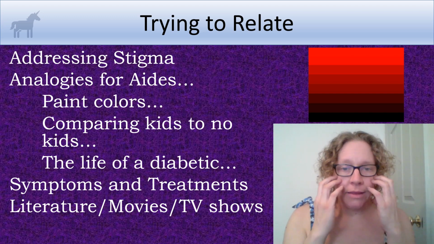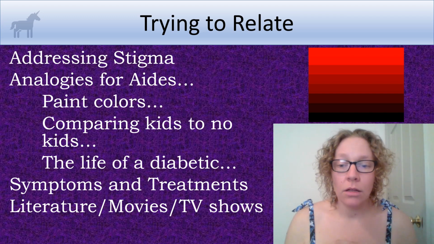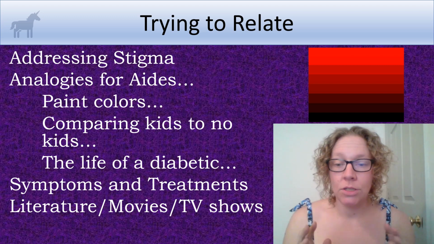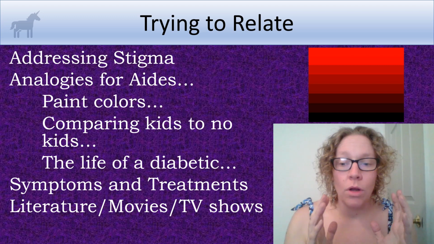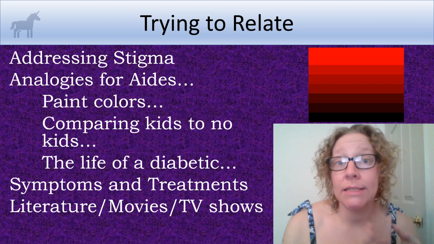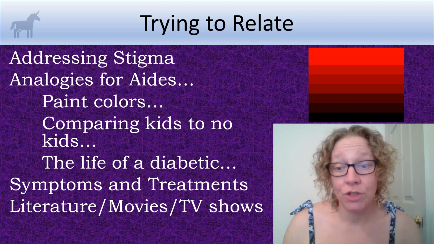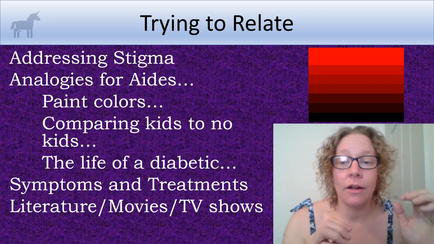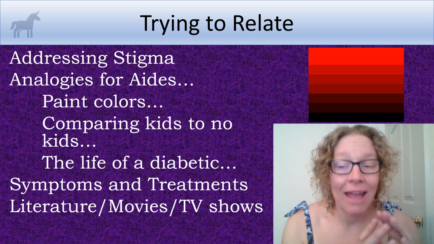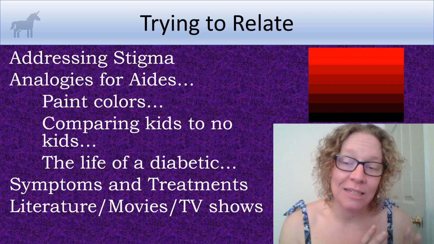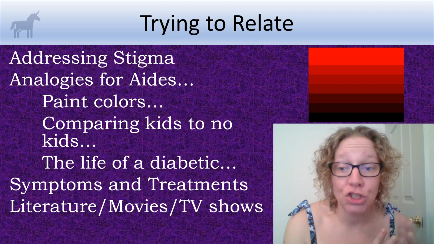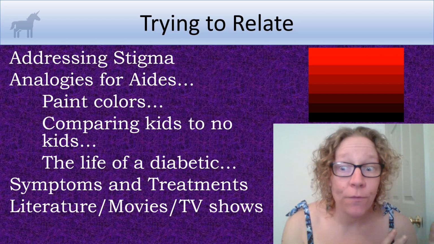The second way I'd like to try to compare living a life with a mental illness to living a life without a mental illness is to talk to people about what it's like. It's like trying to explain to someone who doesn't have children what it's like to have children. You can't really experience something that you haven't experienced. So if you have children and you're trying to explain to someone who has never had a child how big of a change it is in your life and how much different everything is,